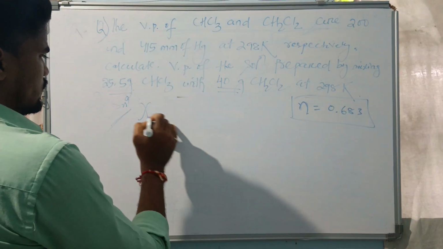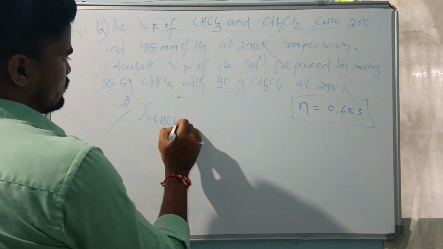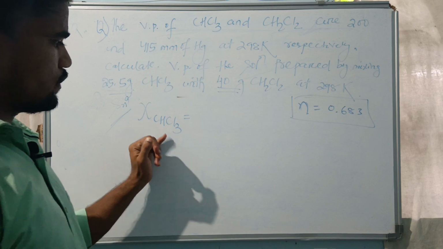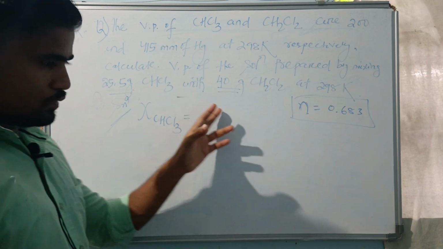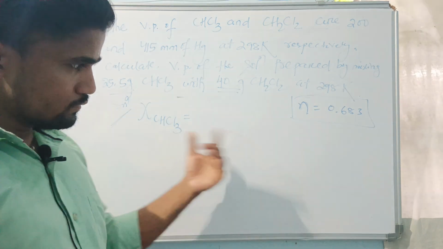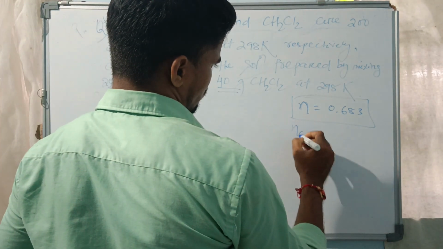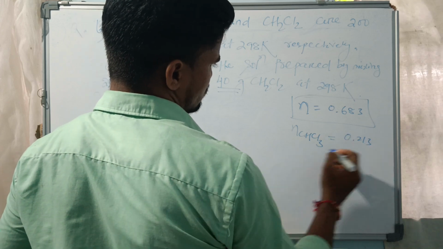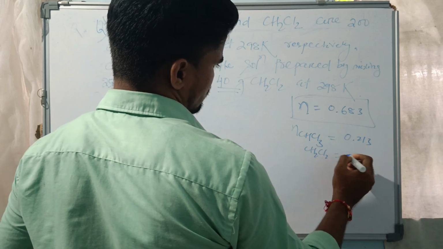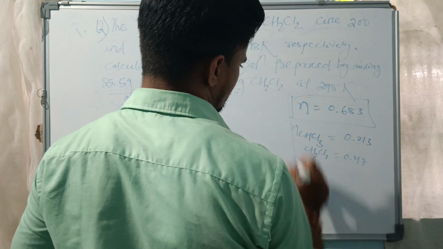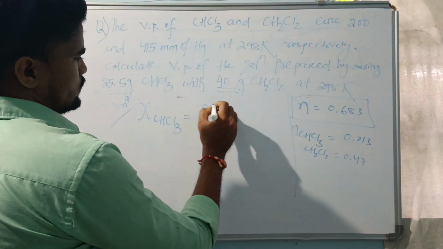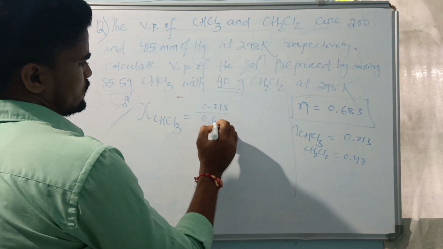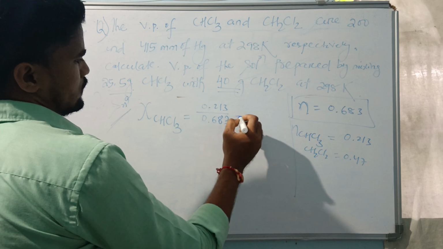Now mole fraction of chloroform. For mole fraction of a particular component, we need the number of moles of that component divided by the number of moles of all components. So number of moles of chloroform is 0.213, and for dichloromethane 0.47, right? So 0.213 divided by 0.683, it is coming out